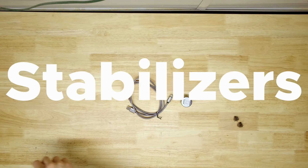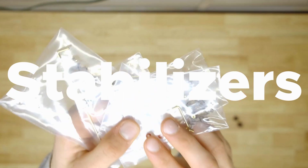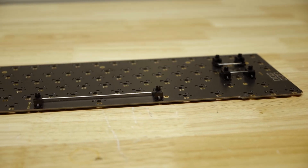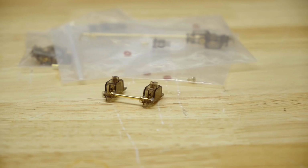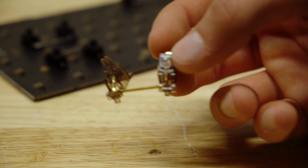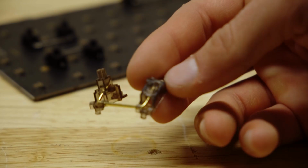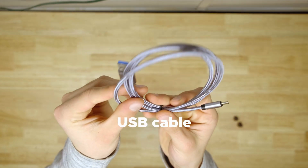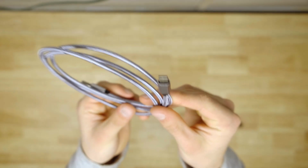You'll also want some stabilizers. These are what keep your longer keys from getting really loose or unbalanced. I had stabilizers that came with my case, but I replaced those with nicer Durock ones that screw in. I don't quite know if those were worth the upgrade, but they definitely feel much smoother and firmer than the stock ones. Obviously, get a USB cable to plug your keyboard into your computer, and lastly, we've also got some